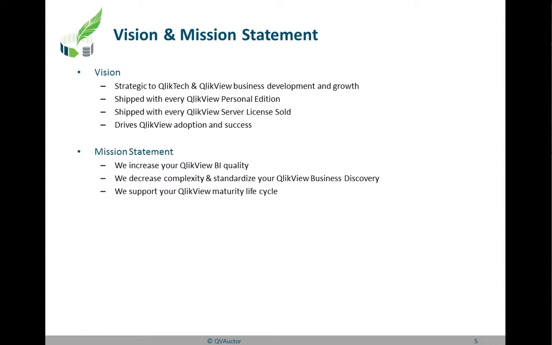We'll cover the maturity a little bit later, so you'll understand a little bit more the vision of the company. The mission statement is that we increase your ClickView BI quality, we decrease complexity and standardize your ClickView business discovery, and then of course we support your ClickView maturity lifecycle from novice to expert.